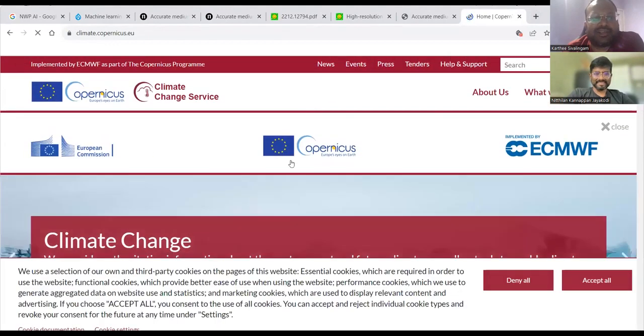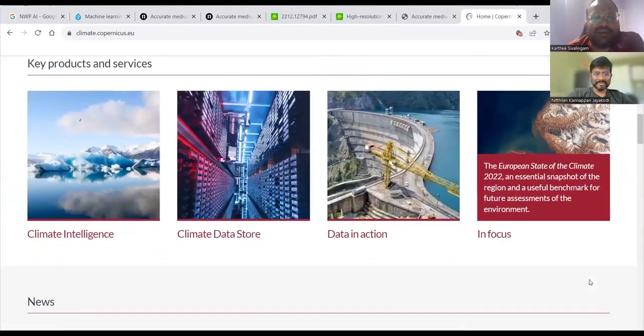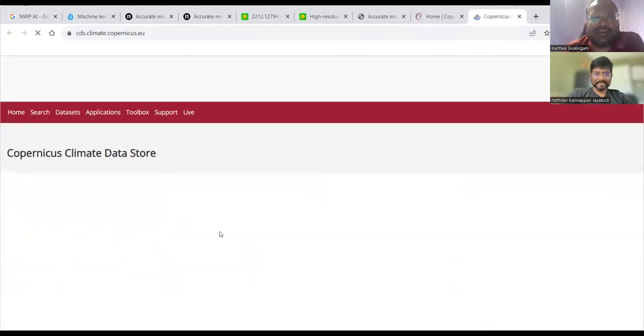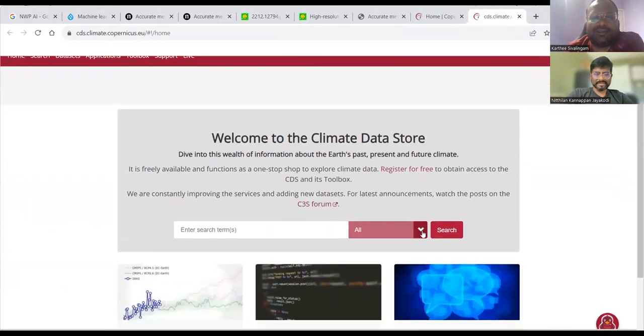This is the Copernicus service which provides all the data for climate change. There you can find the climate data store in which all the data is there. Fantastic. You just need to log in, and then you can choose what term and what data set you want. For example, you will say temperature,